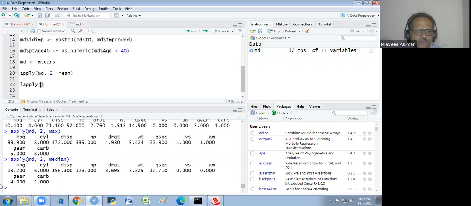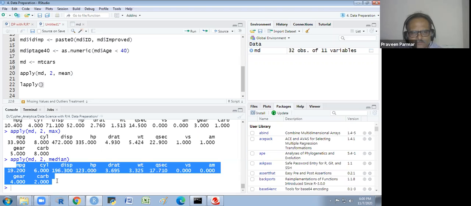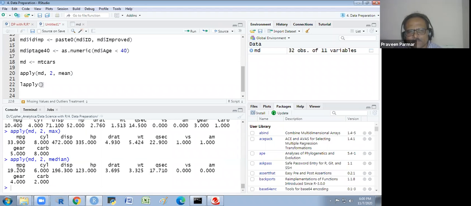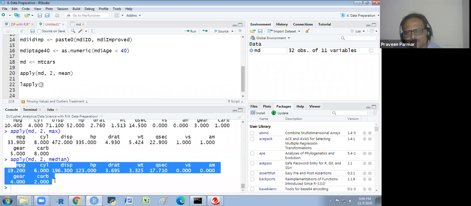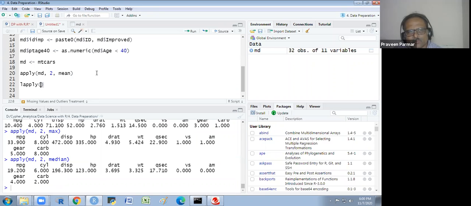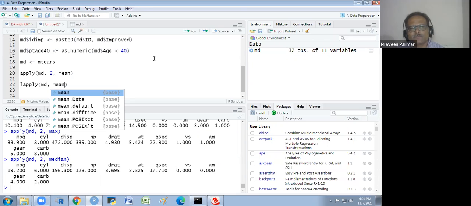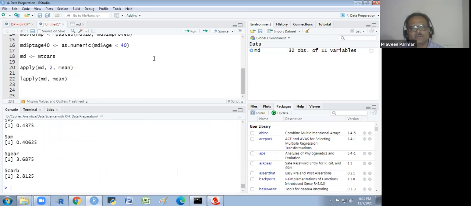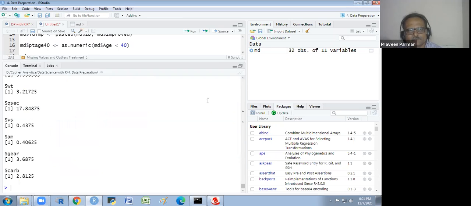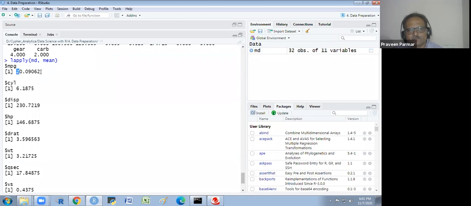Here we are getting this output in a vector format, vector class. It is a vector data type, and there we get a list data type. So I just show you the mean of this, and you see this is a list: mileage, cylinder. We are getting the output in a list format. Got it?